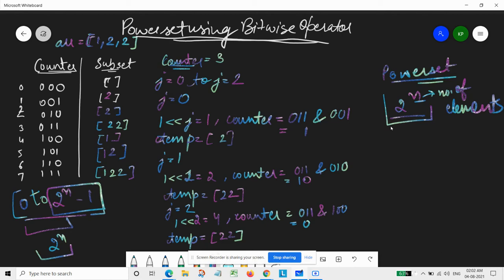So now comes the part that how we would be using this counter for making our answer, means answer to our power set. So in that case, what we will be doing is that we will be checking the set bit and simply doing AND with the present counter value, we could get the number which should be there. So how we will be doing is like, say we have the counter value as 3. Then we would be having 3 values. So we will be taking one more loop,